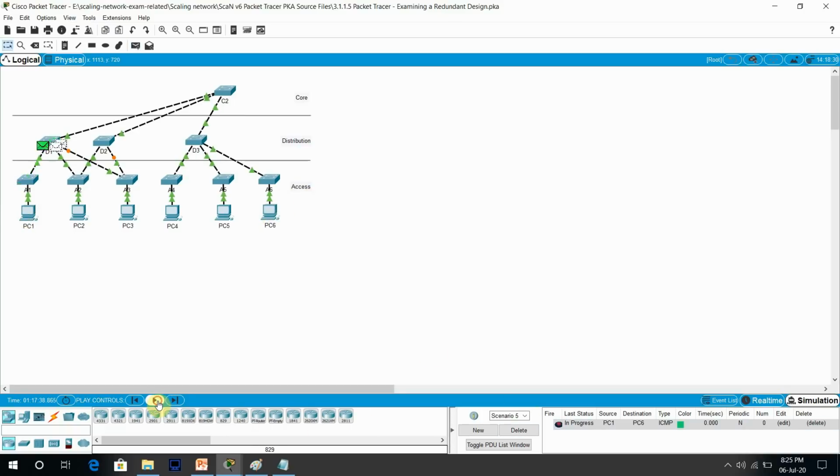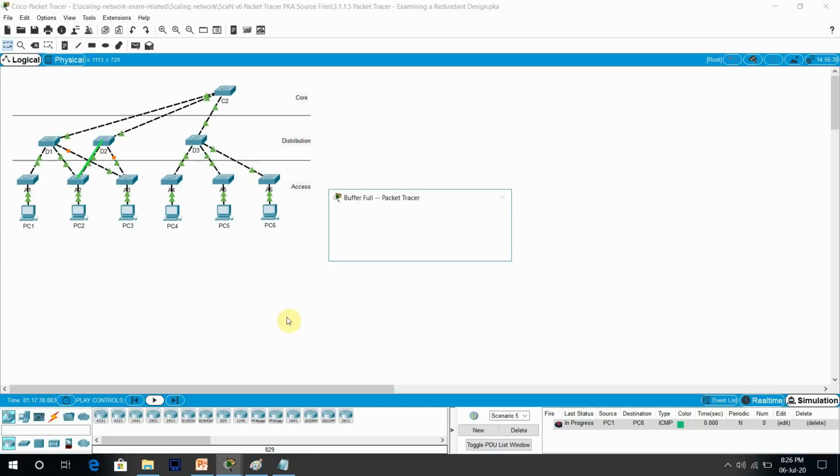So again, first it will forward to all the ports from PC1 to PC6. Now PC6, you can see, PC6 to D3, D3 to C2, C2 to D1, and D1 to A1, and A1 to PC1.